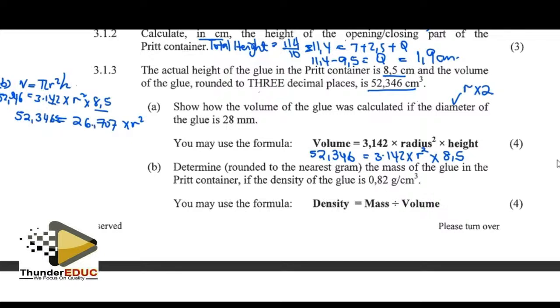there's a comma here. I need to divide through by 26,77 on both sides. On both sides, so it becomes 5,346 divided by 20. So when I do that, this will cancel with that. So I remain with my r squared equals to